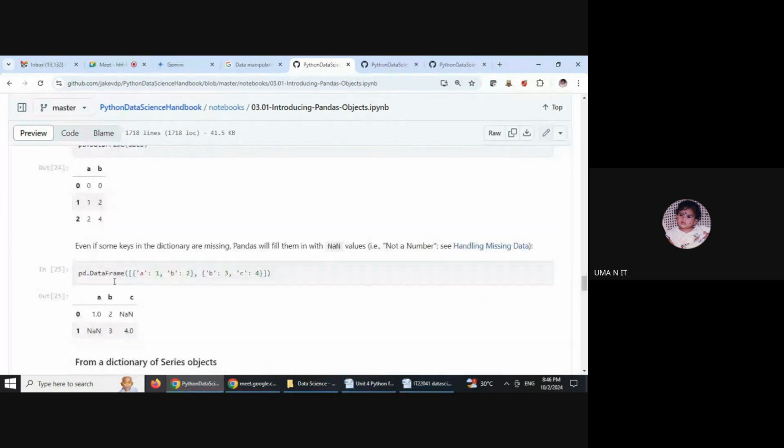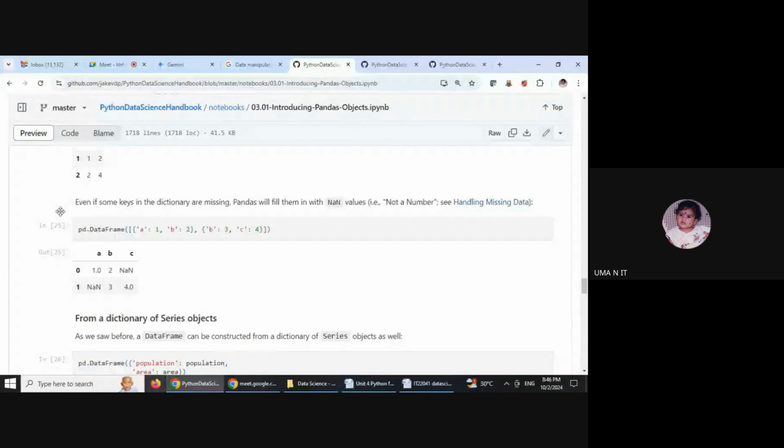And see here, while creating a data frame with two dictionary values. For the first dictionary, the keys are a and b. And for the second dictionary, the keys are b and c. It takes the keys as columns, and the values as the row values.